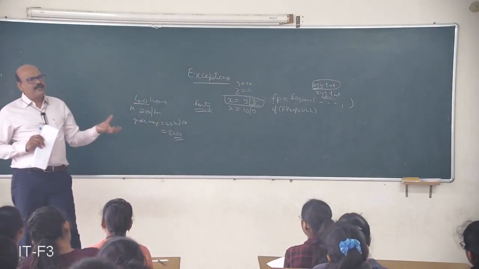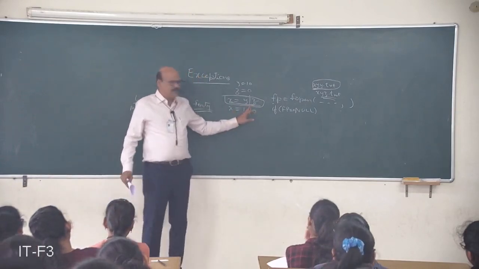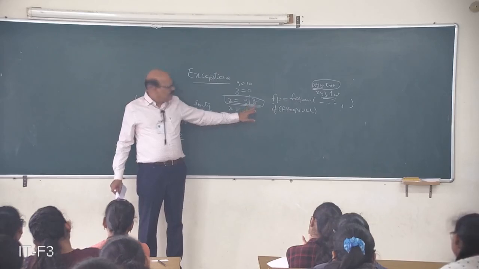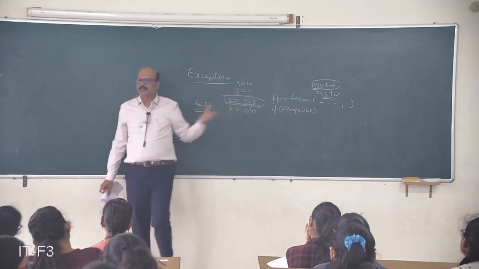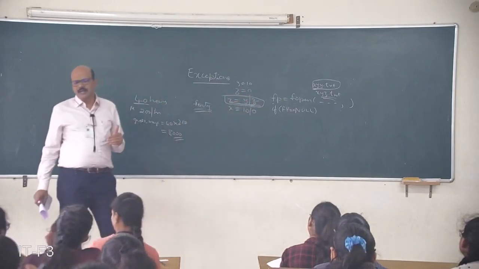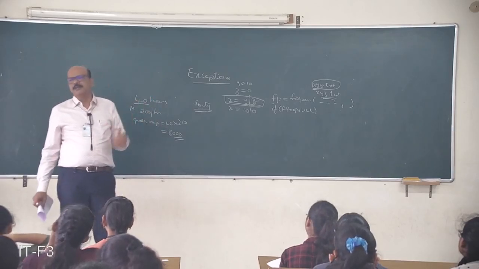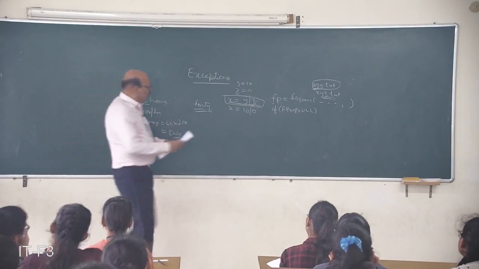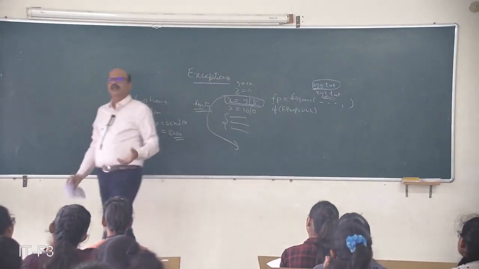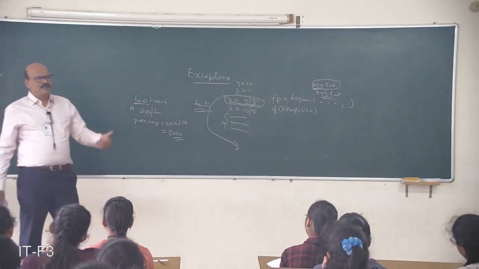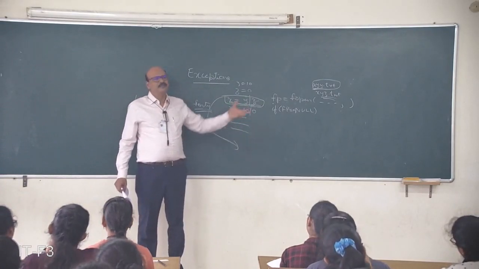For example, whenever your program comes across this statement and the Z value becomes 0, what is the normal behavior of your program? There itself the program execution stops, and the program will be terminated. If there are some other statements here, they will not get executed. The program comes out of the execution and just displays a message saying that because of this exception in so and so line, the program is halted. That is the message you are going to see.